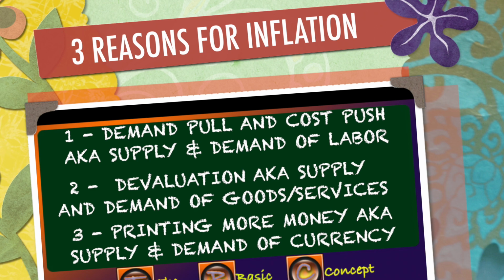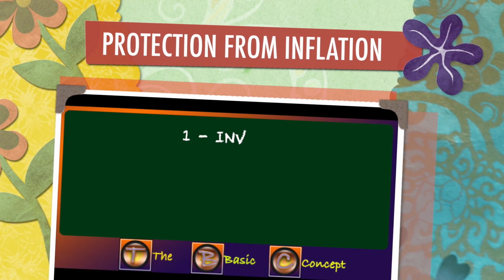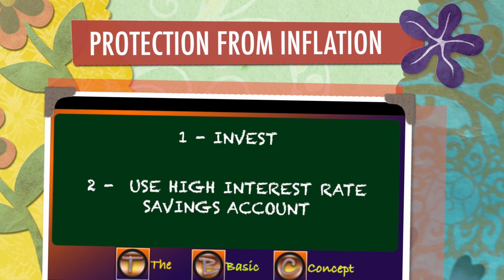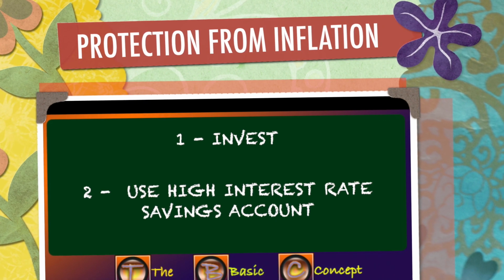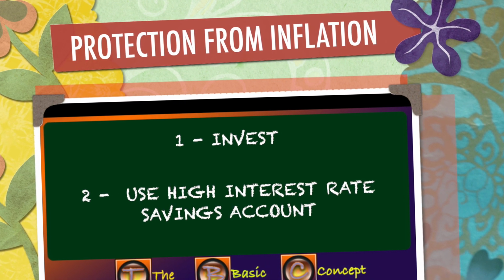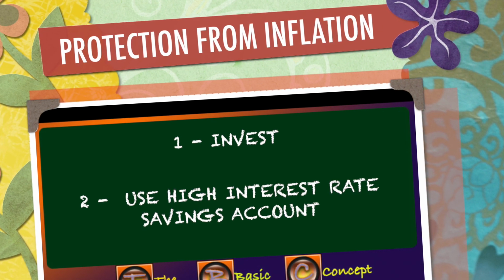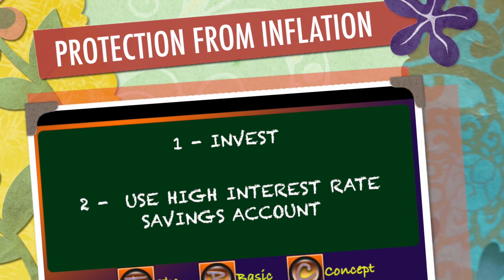The main thing to take away from this is that inflation is a very real thing. It's costing you and everyone 2 to 3% a year if you have any money that's sitting idle. To protect yourself, you can choose to invest that money and get interest or growth on it. Worst case scenario, you can choose a bank that comes close to the inflation rate with their interest rate. There are tons of them that will offer you 1.5% or higher. If you don't feel comfortable investing your money, a bank with a high interest rate savings account is going to be the safest way to protect your money against inflation.